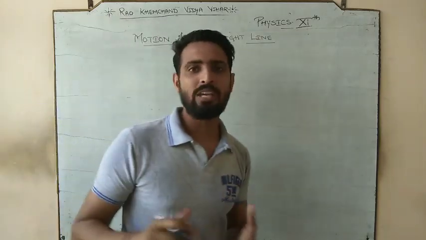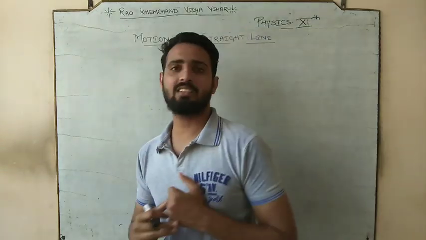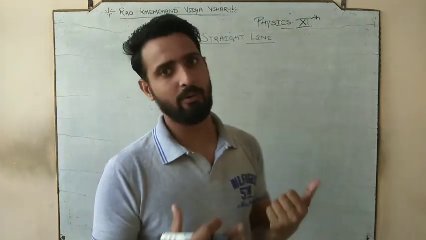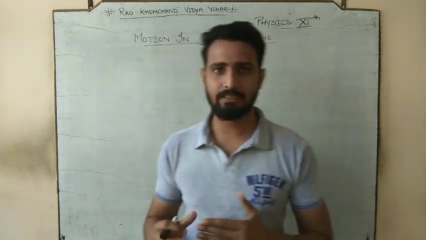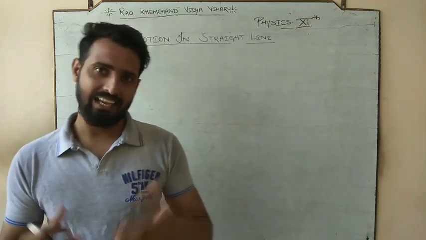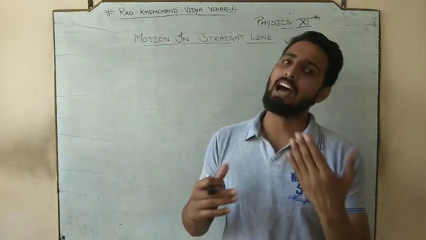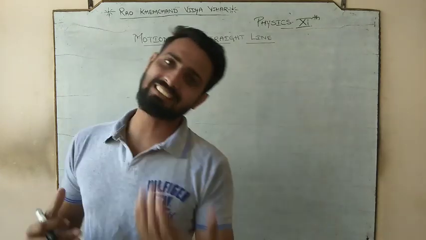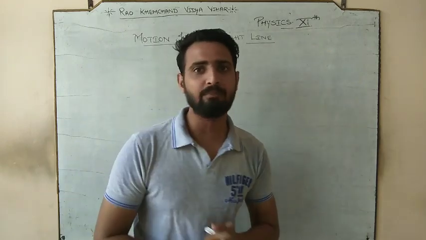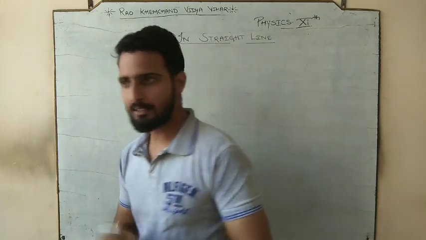So till now we are moving our body in a horizontal direction. We discussed the various terms related to the motion of the body. If I revise quickly, those terms are distance, displacement, speed. There are various types of speed like uniform speed, non-uniform speed. After that we have the average speed, instantaneous speed. Similarly we have the velocity with particular types. We have the acceleration with particular types, and we dealt with the numericals.